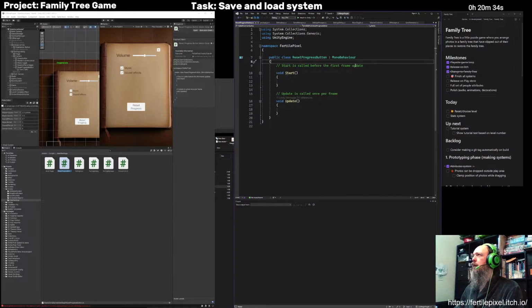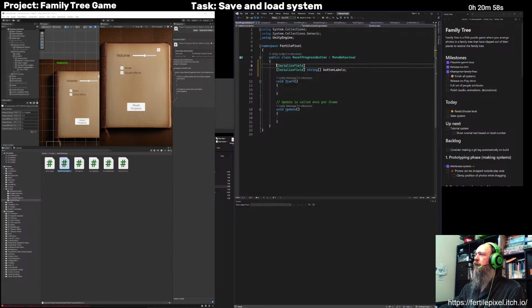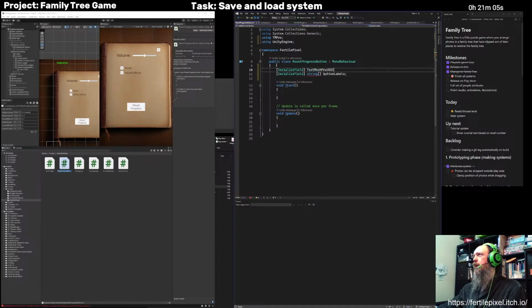So that could be like a serialized field for button labels, and also want a text. There. And finally, want a public